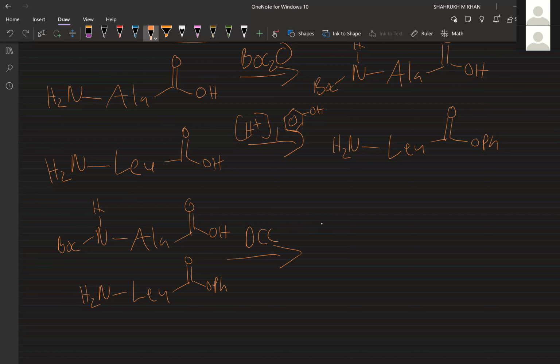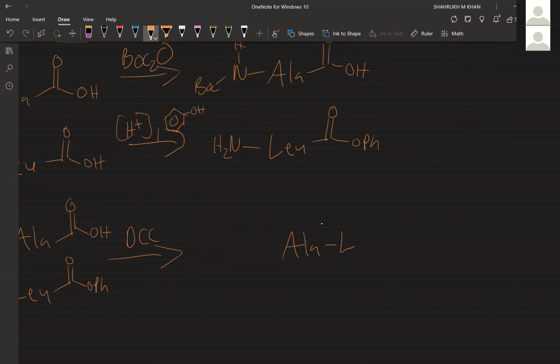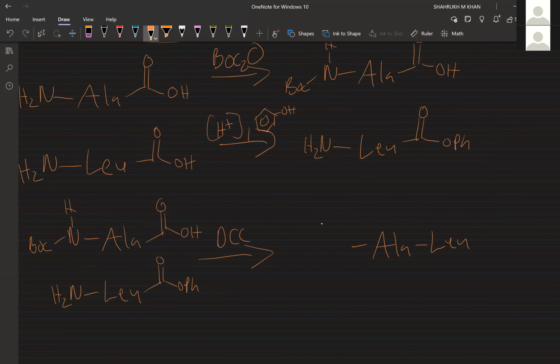DCC, right? The DCC essentially couples this carbon here to this nitrogen, so you get that C-N bond formation happening. And then technically you have an NH there. So now we could say we have Ala bonded to Leu. Once again, we have protection on the NH,